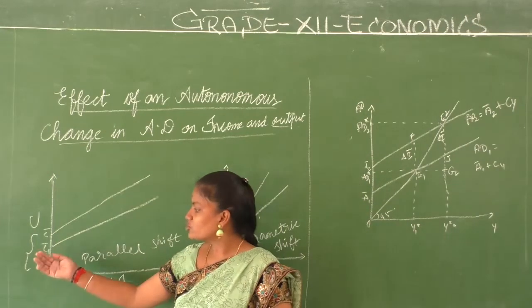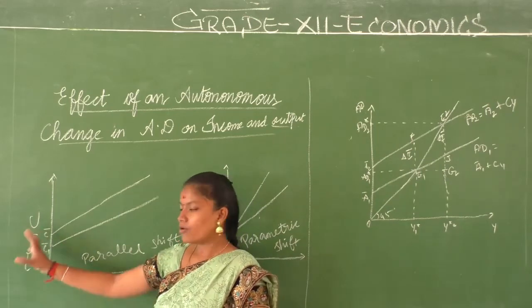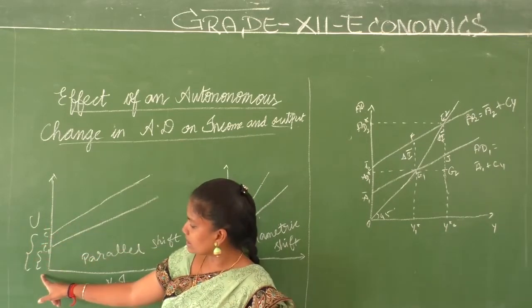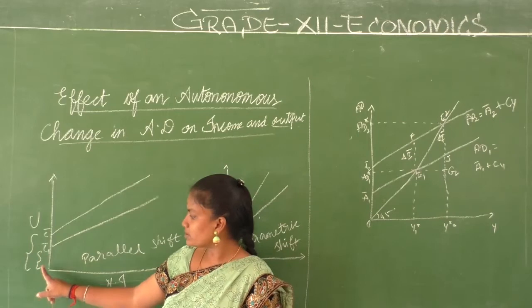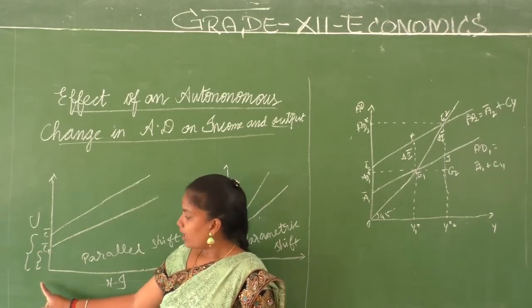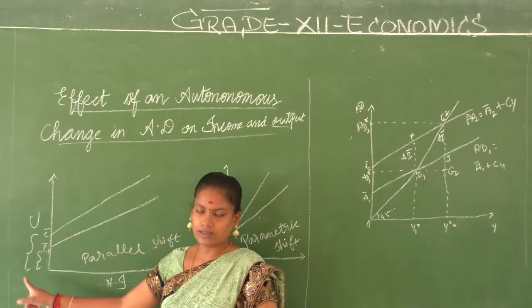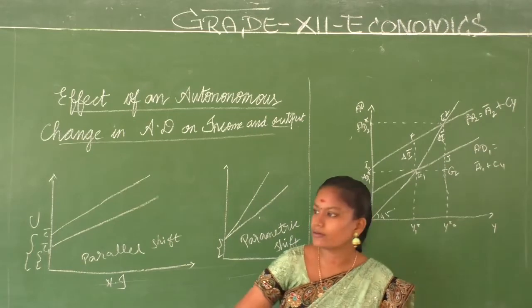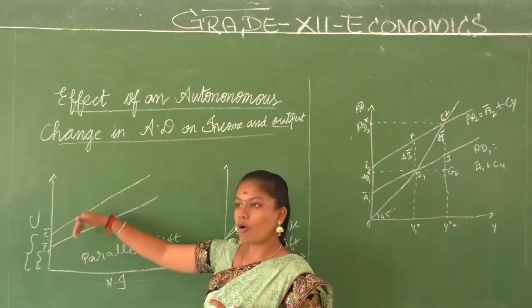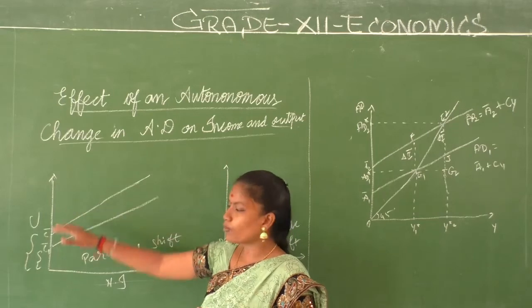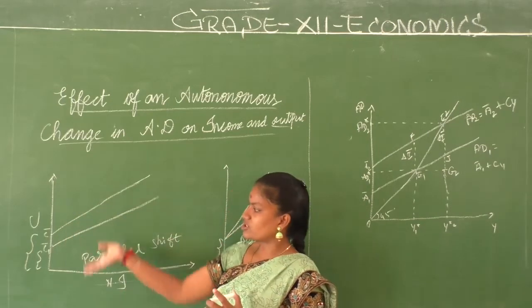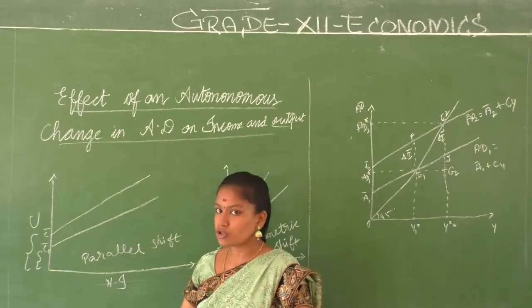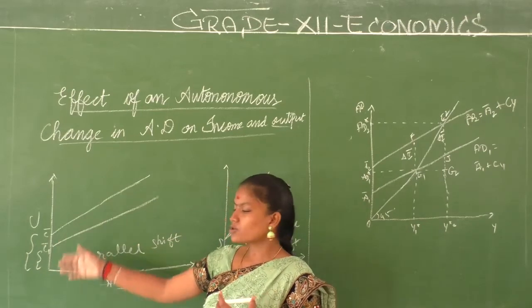When you have a change in the intercept in the consumption function, there is a parallel slope. You can see that there is a change in the intercept. From 0 to C dash there is one intercept, and from 0 to C dash 1 there is another intercept. So when there is a change in the consumption itself, when it increases or decreases, the intercept changes and the slope becomes parallel. Such a shift is called a parallel shift.